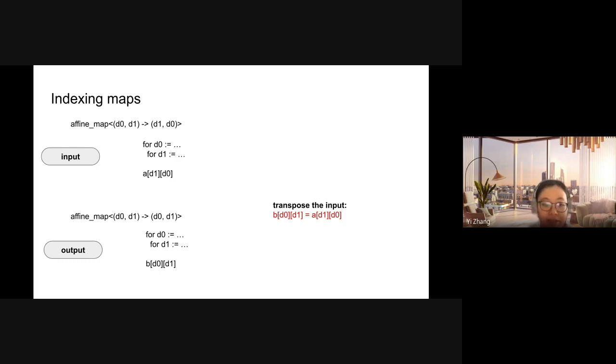The only difference is that for the input tensor, the affine expression swaps the order of the induction variables. So for an equation like B's element equals A's element, what this essentially does is transpose the input tensor and store the result into tensor B. I hope those examples help you understand how the indexing map works and how it affects the access pattern for the tensor.